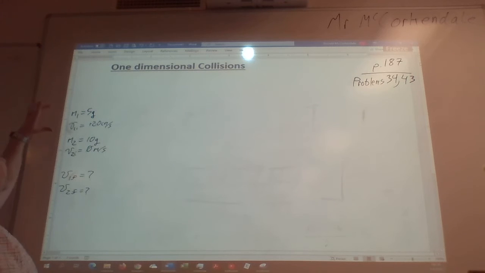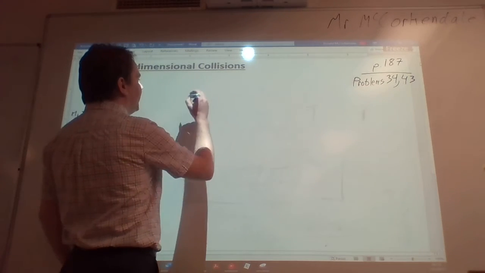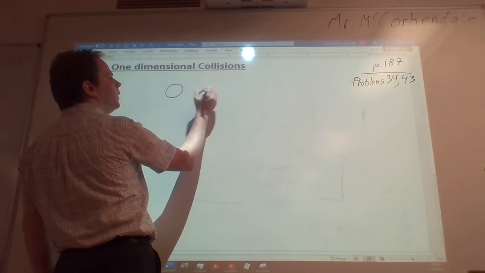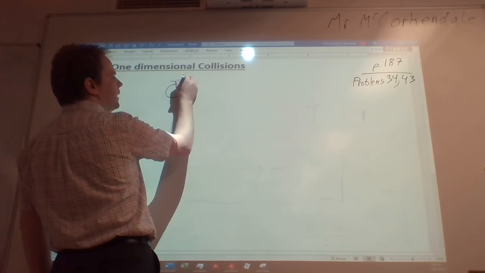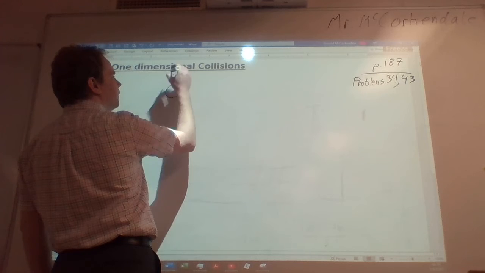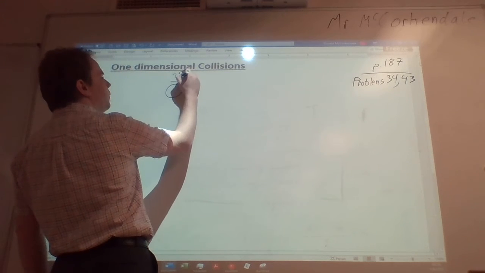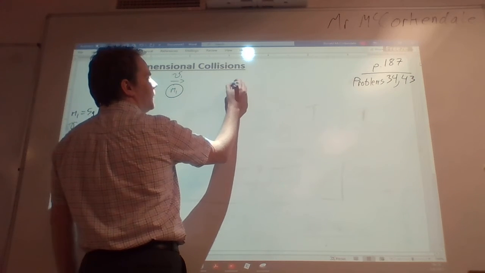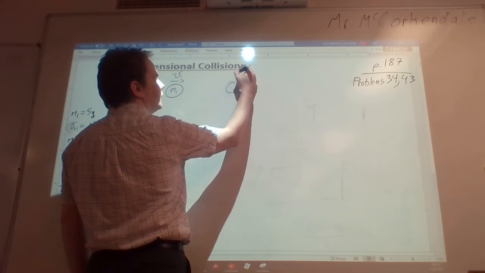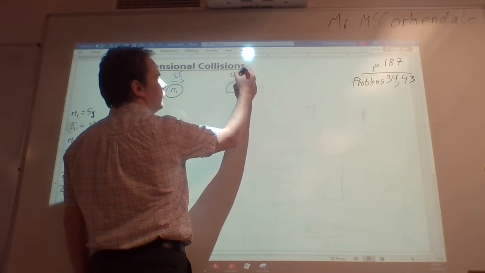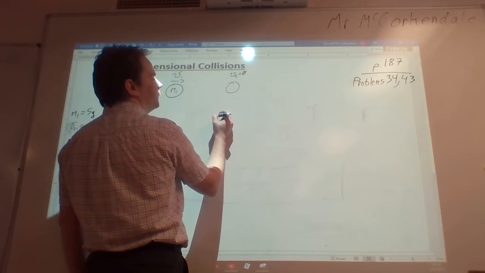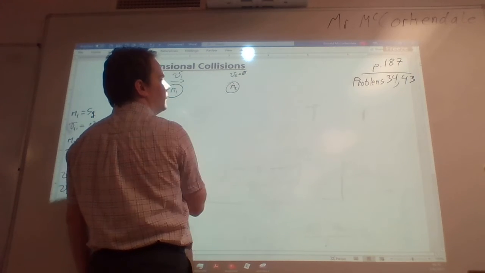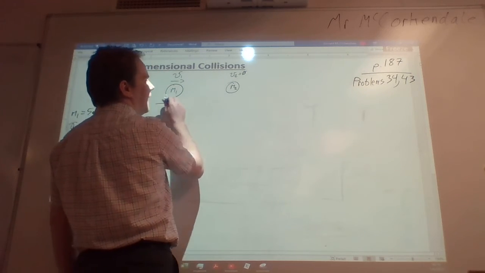So we have object 1, object 2. Both of these are the initial position. So we have object 1, which is traveling to the right with a velocity v1 and a mass m1. And then we have object 2, which is sitting still, so v2 equals 0. So it's not moving anywhere, and it has mass m2. These two collide,